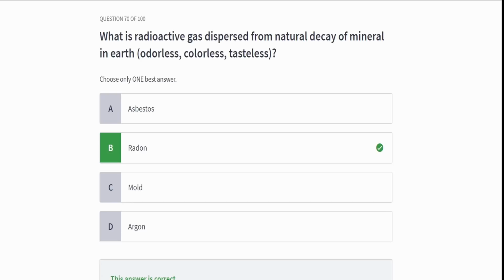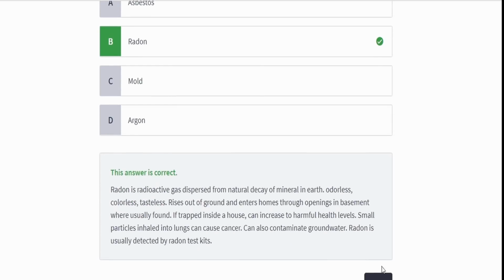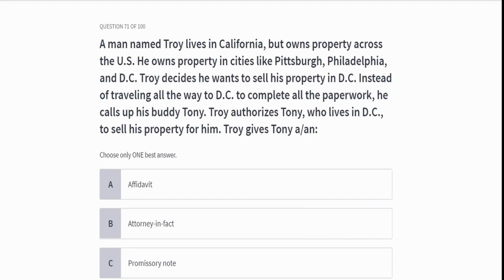Not that they would find it because it's odorless, tasteless, and colorless, but you understand my point, right? Hopefully. If not, I'd be happy to explain in the comments, questions down below. But point being, to bring things full circle, you need to be familiar with this. It's going to show up in different ways on the exam. And yes, to answer the question I posed earlier, these things are going to show up. You need to be familiar with the different types of hazardous substances on the exam. So if you are not, I encourage you to learn about those as well.